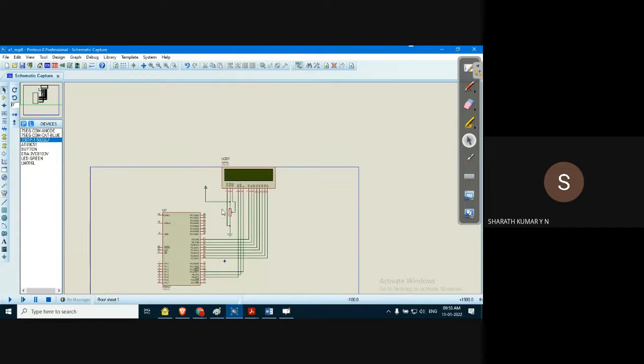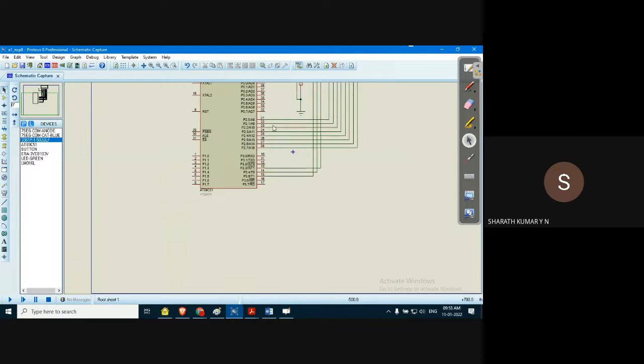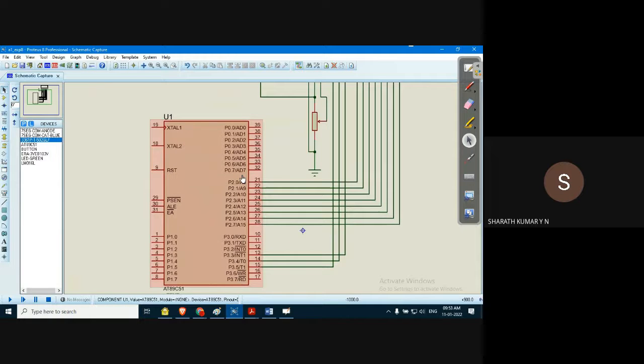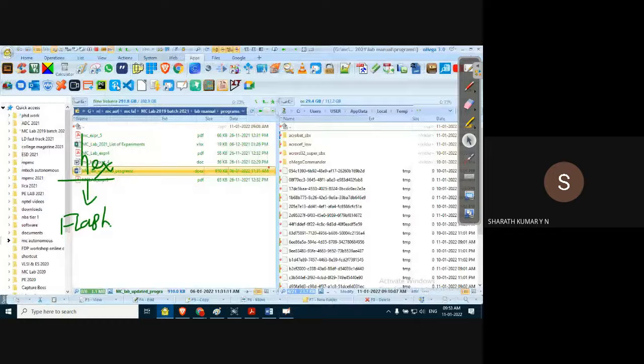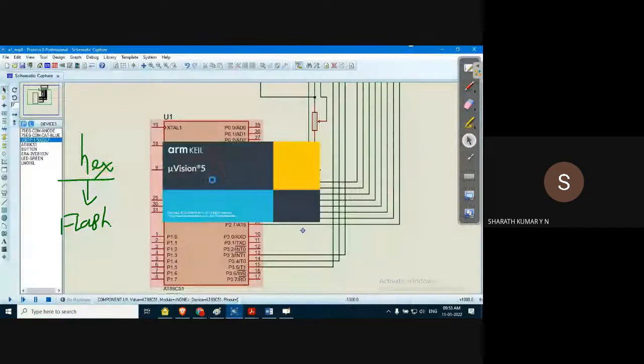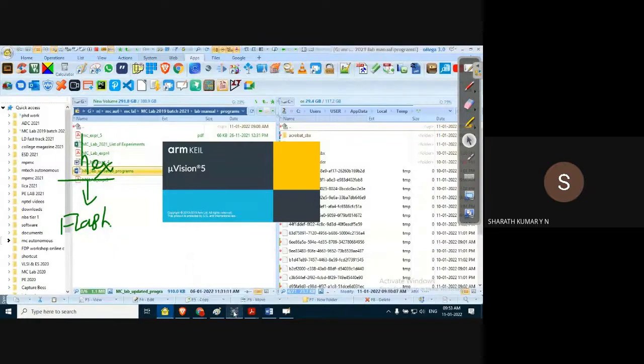We have made the connection to the microcontroller. Next is the programming part. Now to program the microcontroller, we need what is known as a hex code. Ultimately, this is what we used to do: generate a hex code, and burn it into the flash memory of the 8051 microcontroller. How to do this? Two ways of doing this. One is using the Keil compiler. Let me open the Keil compiler. The other method, I'll show you the other method by the time the Keil compiler loads.